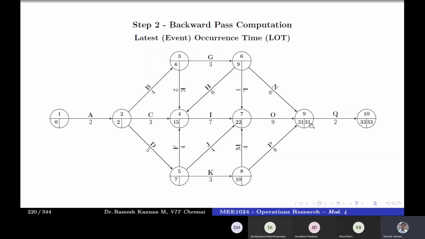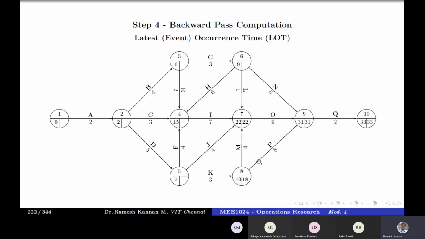So for example, first we compute this: 31 minus 9 is 22. Okay. So 31 minus 8 or 22 minus 4, whichever is minimum. The minimum will be 22 minus 4, which is 18. The reason we didn't take 31 minus 8 is that it is not the minimum when compared to this one. That is why it is 18. So in a backward pass, the key point you should understand is you should look at the arrows that are leaving, not projecting, the arrows that are leaving.